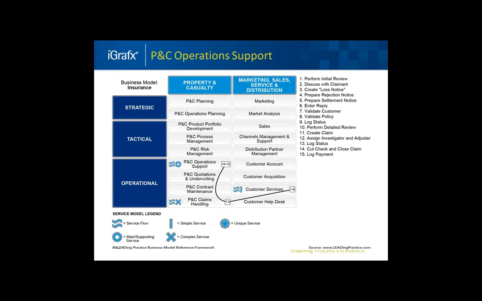They create the claim, assign investigators and adjusters. They log the status. They cut the check and close the claim, log payment, etc. So here really happens lots of main and supporting services, lots of main and supporting activities and processes. There is furthermore still a service flow